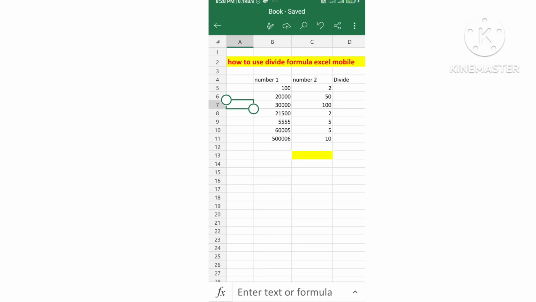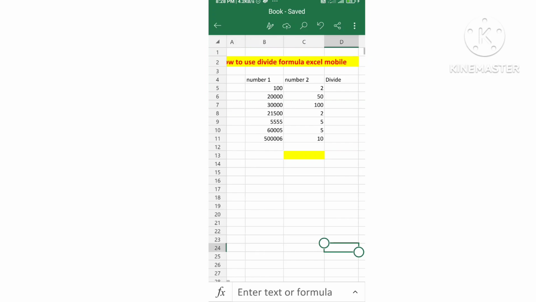What are you doing? Come with me. Today I teach you Excel formula divide with mobile. I have experienced 10 years in office. You can see guys, just click,